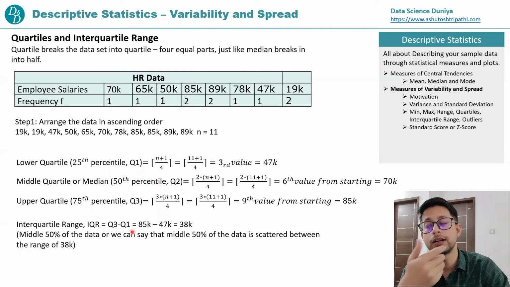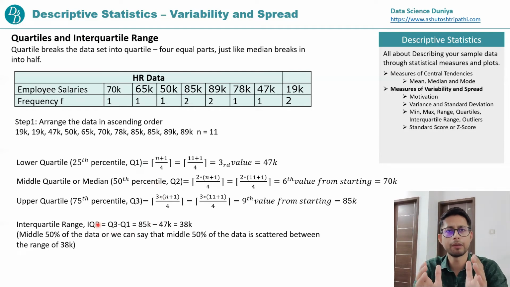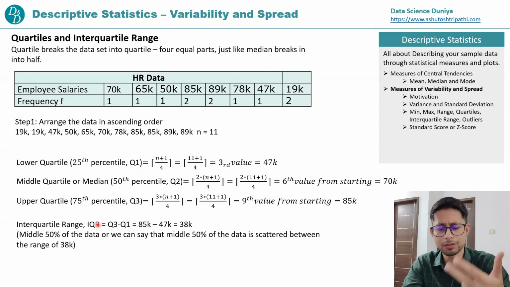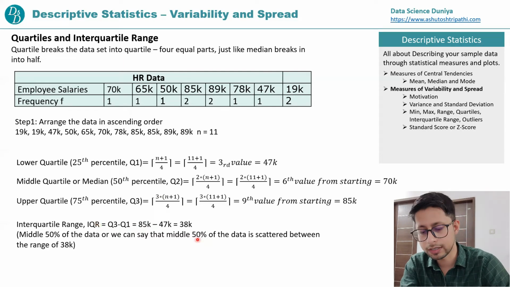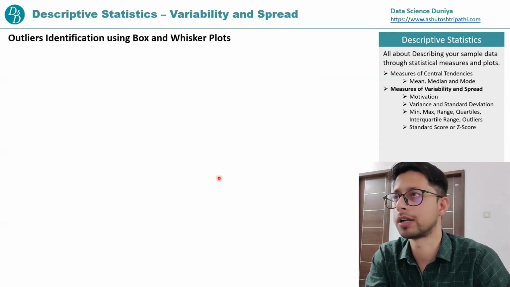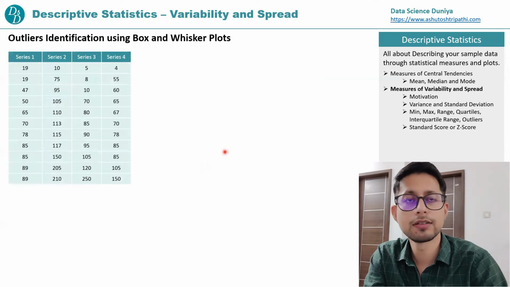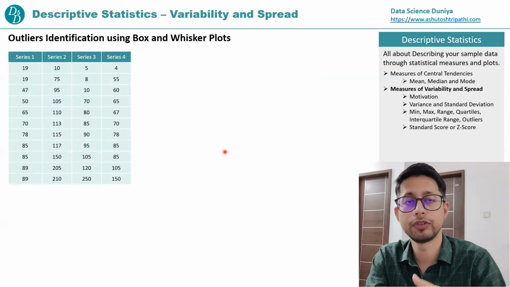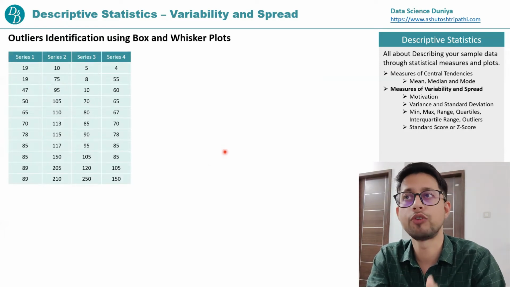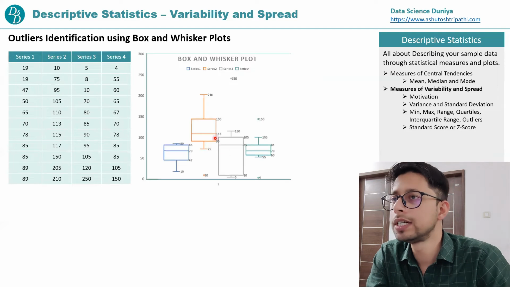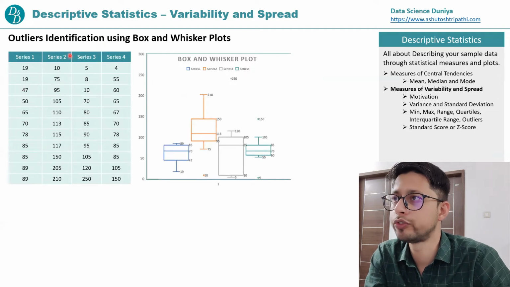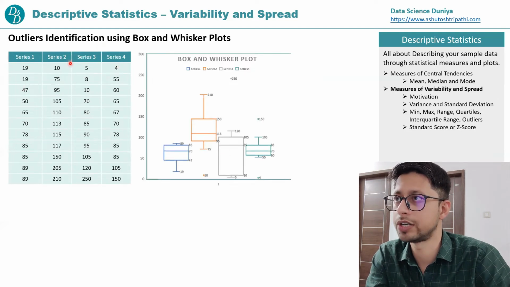And then we didn't understand the IQR significance. Of course, we understood the middle 50% of the data, but that is not much intuitive, right? So let's understand this in more detail because that is very important. We'll understand this with one more example, and there we also understand what is the box plot and what is whiskers. Suppose there are four columns, four different series, 1, 2, 3,